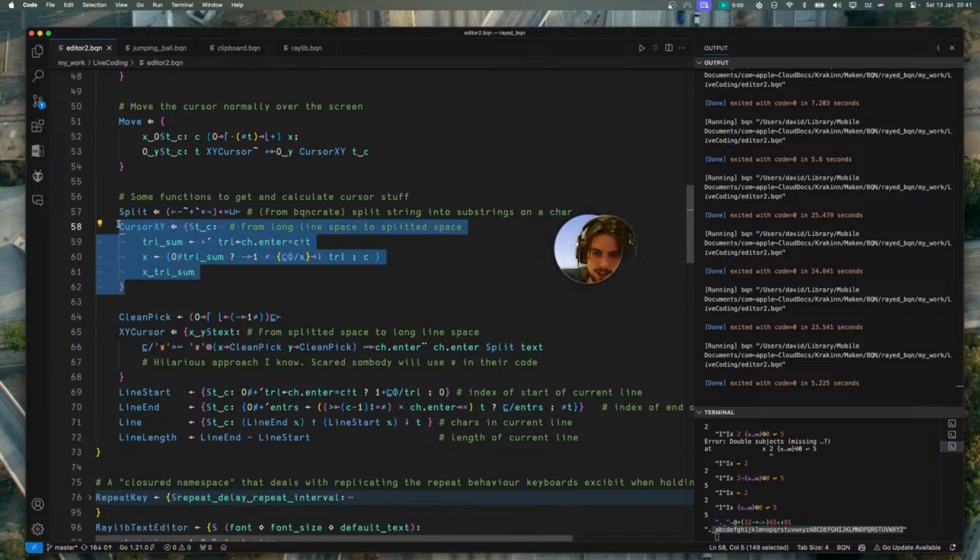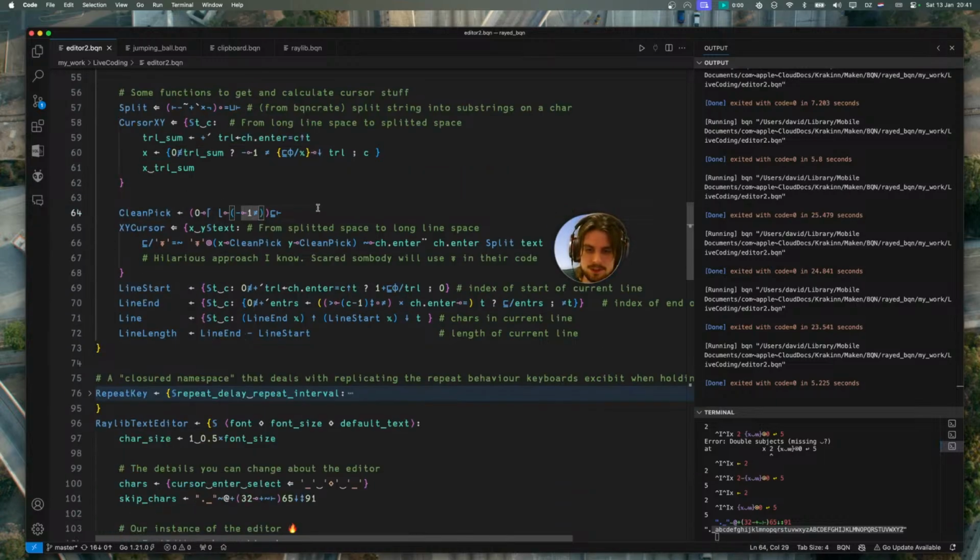Yeah, and here we have those functions which transform. I don't really like this one yet. I feel it's a bit messy, but it's doing a whole bunch of stuff where it's just cutting lines, finding enters, and then returning to you where it is in relation to all the enters. And the cursor, I think this is a very funny function. I hope it's big enough. VS Code remembers which character spot you